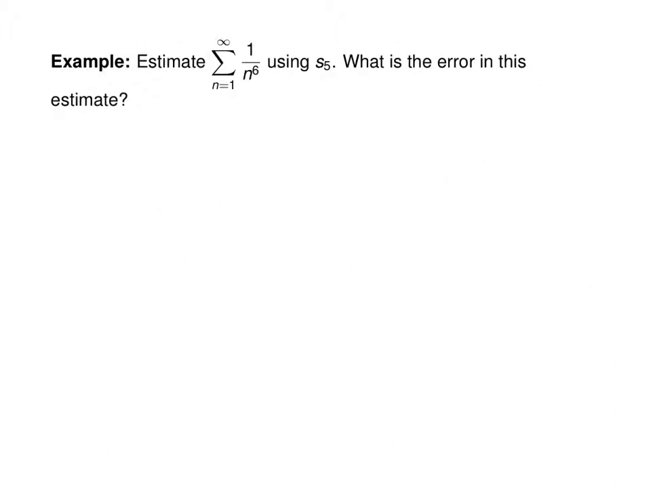With the integral test, we also had a tool to estimate the remainder when we estimated a series using just the first few terms. So we're going to estimate the infinite sum from 1 to infinity of 1 over n to the 6th using S5. So the fifth partial sum will be given by 1 plus 1 over 2 to the 6th plus 1 over 3 to the 6th, 1 over 4 to the 6th, and 1 over 5 to the 6th, which is approximately equal to